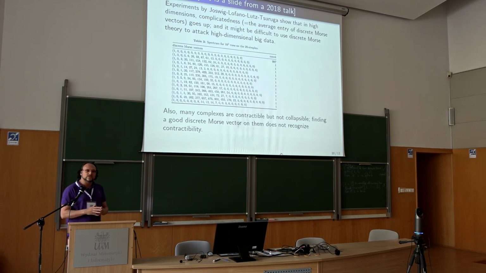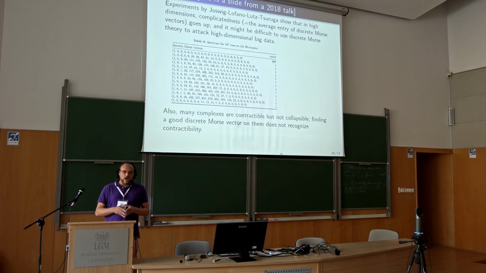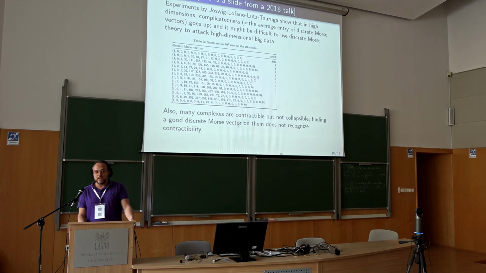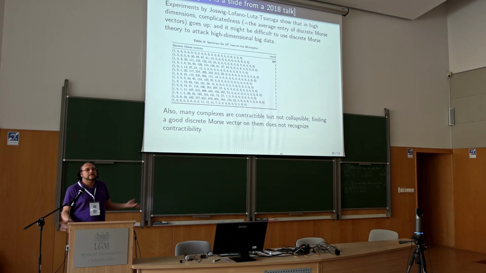So there are many examples which are contractible, but if you run discrete Morse theory on them, the best case scenario is a response of the type, well, this is close to collapsible, close to contractible, but I can't say more. You get a discrete Morse vector like 1, 10, 10, 1. Maybe it's contractible, but